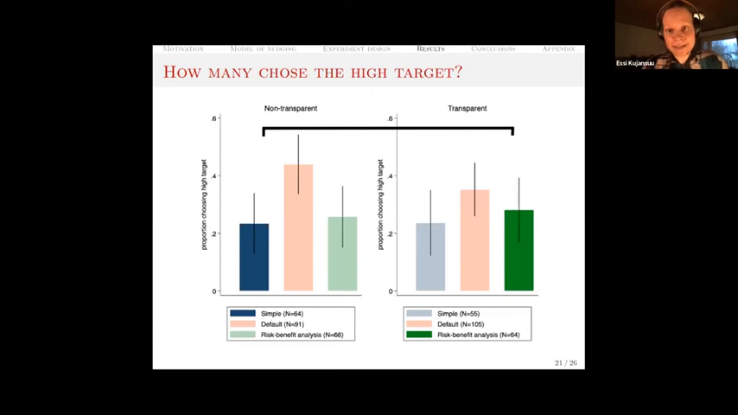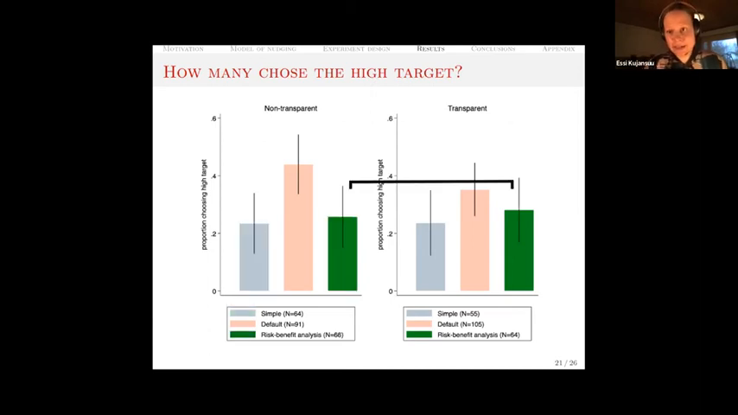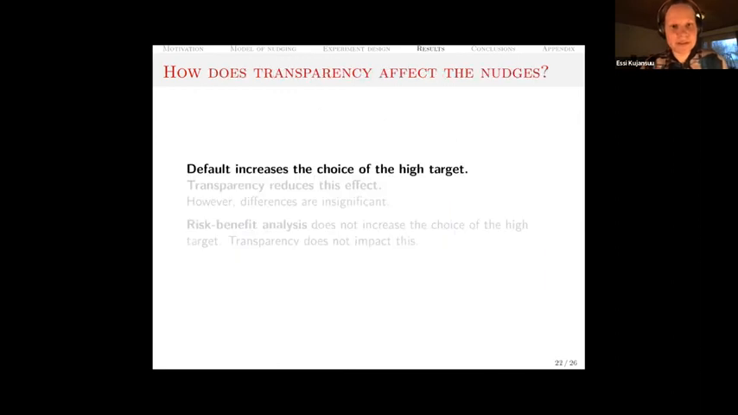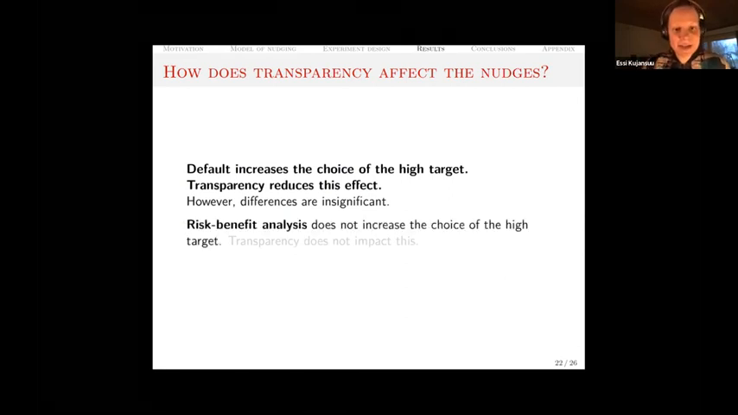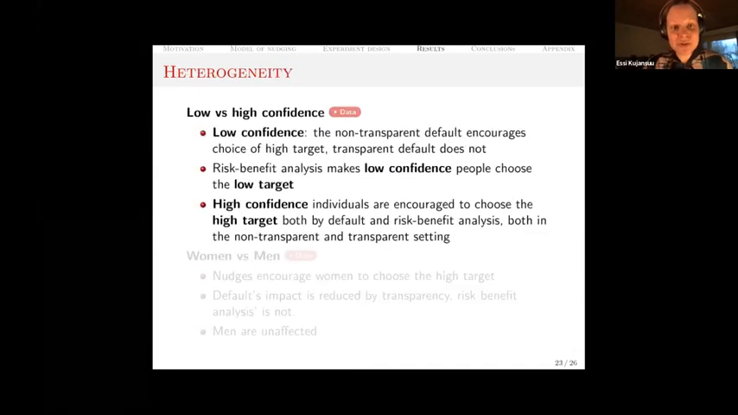With the non-transparent case, we again don't get any effect on average, but there are things happening there. So the default increases the choice of the high target, and transparency reduces this effect. However, there's insignificance in the differences, and the risk-benefit analysis does not increase the choice of the high target, and transparency does not impact this. So